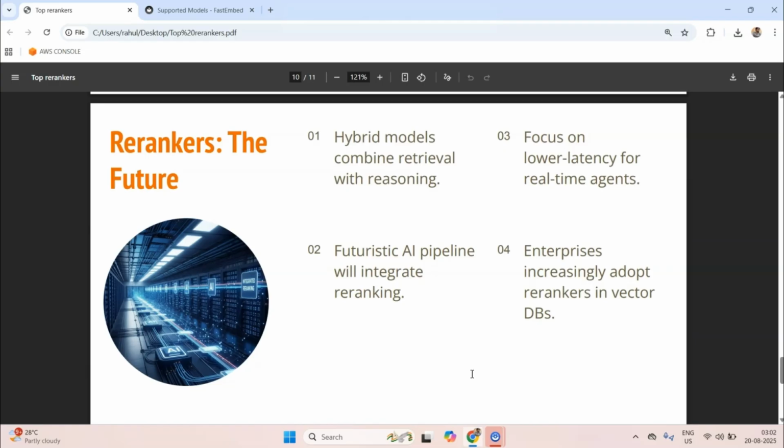So we'll see more hybrid models that combine retrieval with reasoning. Latency will drop, making real time agents possible, and most vector databases will probably ship with rankers as a default feature. So expect re-ranking to become a standard part of any serious RAG system.